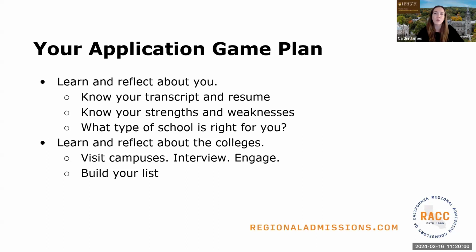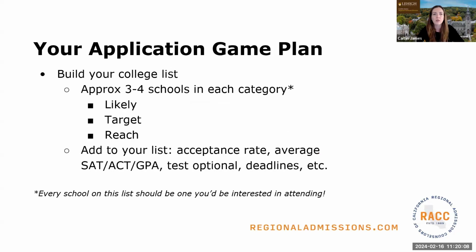The better aligned you are with your values and what's important to you, the easier it will be to build your list. So build your list as you go through that. Maybe 3 to 4 schools in each category. Be considerate, be real about some of these. One framework of looking at this is likely, target, or reach schools. Likely means that you've looked at the admissions profiles, you've talked with your high school counselor a little bit more, and you understand your academic match and if that might be a good fit. So likely would be ones that you know you could get into, okay?